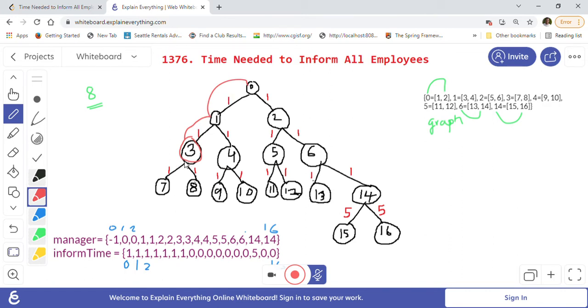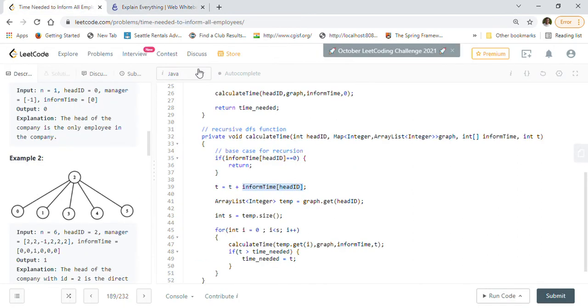So from, let's say, 3 to 7 we are going, right? So we will add this 1 plus 2, basically. That's what we are doing, right? Because to reach this node we already need 2 minutes, and therefore from 3 to 7 we need 1 more minute, right? So 1 plus 2 is a total of 3 minutes to reach 7. This is what the logic we have implemented is doing.